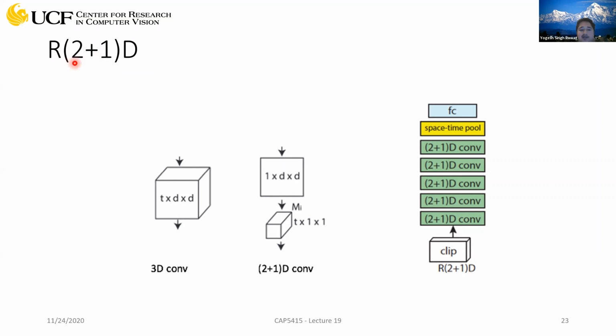Now, once you have that ResNet 3D variant, instead of applying 3D kernels, what we can do is first apply a 2D kernel, which will be finding the correlation in the spatial domain. And then you apply a 1D kernel, which will be learning the correlation in the temporal extent. So it's decoupling your spatial correlation from your temporal correlation. And this idea works very well. It actually gives a very good improvement over your 3D convolution variant. All right, so here's the idea.